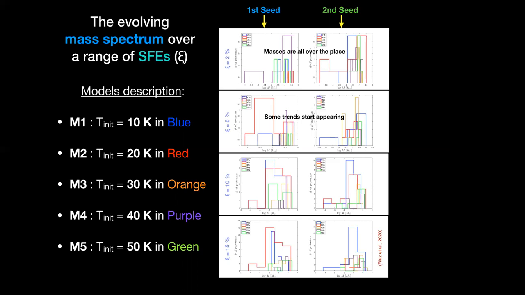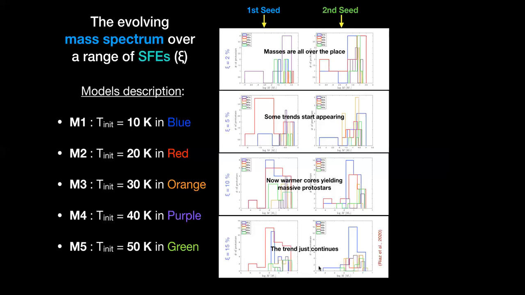But if we go forward in time and analyze the 5% and 10% star formation efficiency, we start finding that there is some trend going on. Let's talk about the very last part, when the star formation efficiency reached 15%. Look at this, the green part is the warmest of the cores. They are fewer in number in terms of protostars, and they are much on the higher side of the masses. Whereas the red or the blue ones are much higher in terms of the number of protostars, and they are forming with much lower masses. That is what we expect.